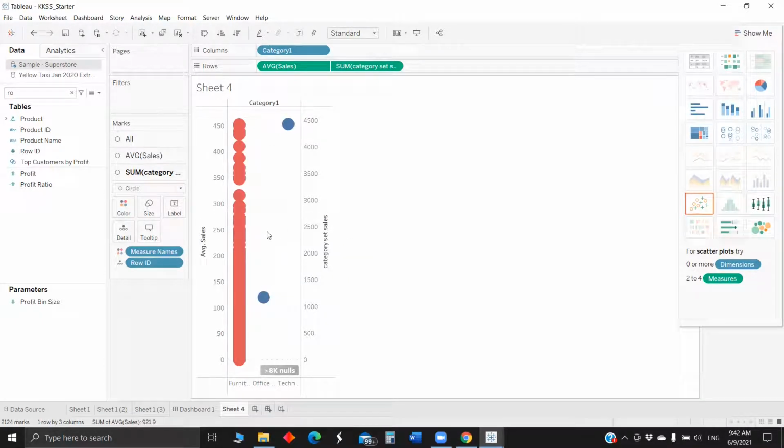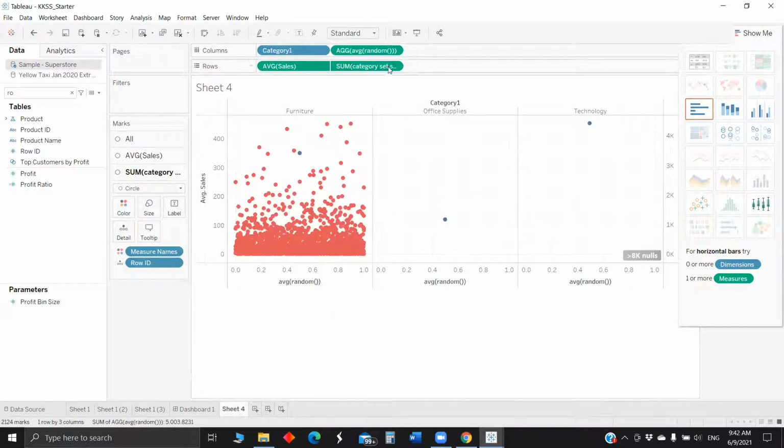To ensure we get the distribution, we will use the random function and distribute row IDs differently. I'm using average so that we get decimals when we take the average of random. If you go with random without average, it will cross one and a lot of integer values will come. In order to get all the values in intervals, since we have used this average, we are able to get values in between, like 0 to 1, and that's why we are using the average of random rather than going for the plain random.